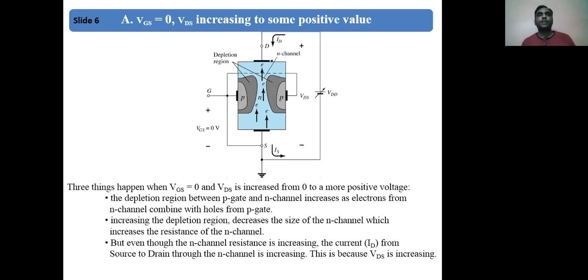VGS is 0. Now what will happen in this case? Okay, so let us try to understand. VGS is 0, VDS is applied, so there is a small path between these two depletion regions, and that is called the channel, which will allow the flow of the electrons from the source side to the drain side. Now the electrons near the source will be repelled by the negative terminal of this battery. So they will be repelled and they will be going towards the drain.